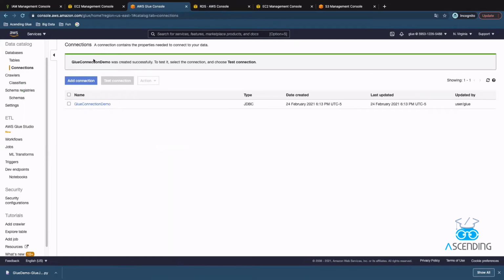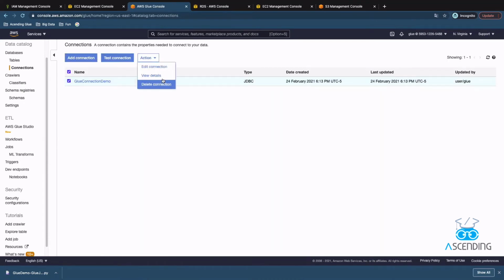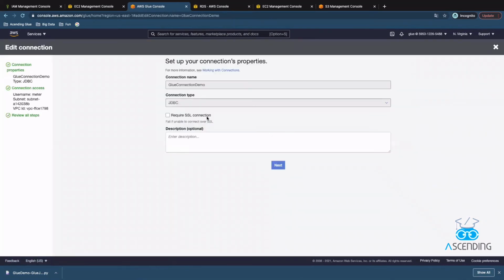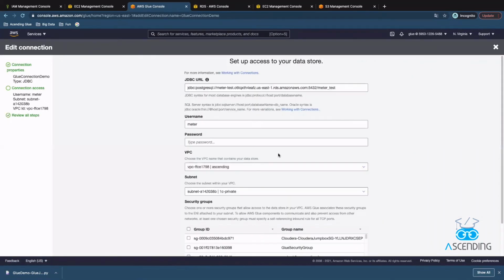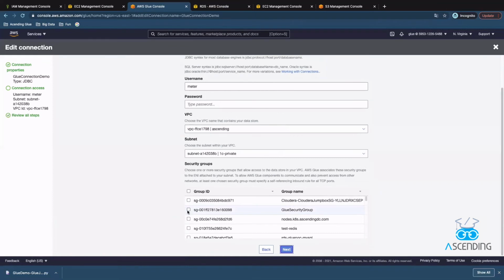The connection has been created, but we may need to edit the created connection to associate the security group with it. We added the connection and attached the self-referencing security group we created.